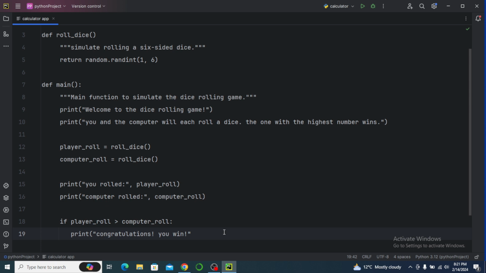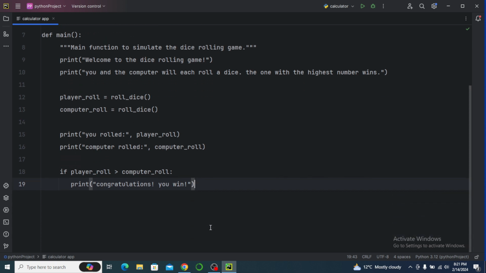Close the bracket. So if the player rolls greater than the computer,